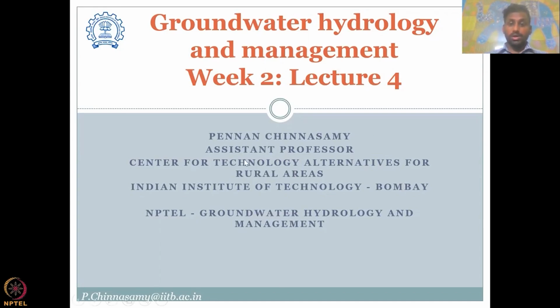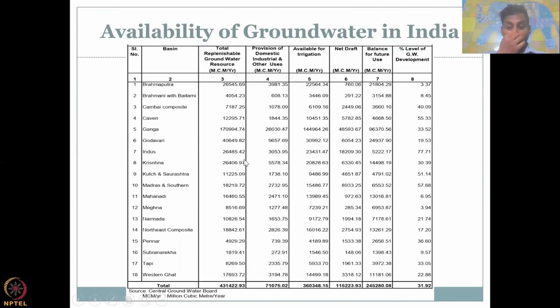On this note, it is also important to look at the groundwater availability in India as per the Central Board. And we did discuss that it is across major basins, it has been mapped. Last lecture, we looked at what percentage and how to read this table. And more precisely, we understood that most of the northern aquifers or groundwater basins are highly stressed. Anything above 50 is kind of concerning, and we need to take immediate actions to preserve the groundwater resources.